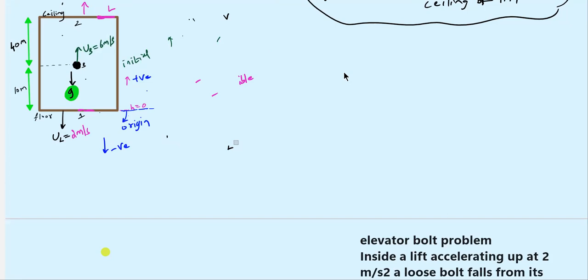I'll draw it. What we are going to assume that